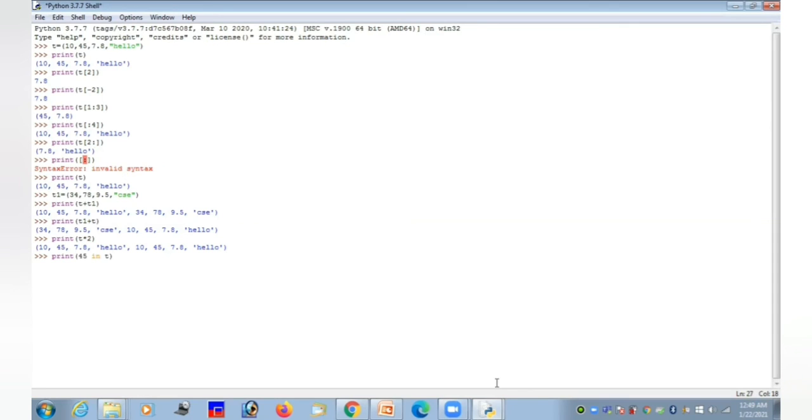So 45 is in the tuple, yes, so it will give you the answer as true. Suppose I check whether 100 is in T, it will give you the answer as false, right?